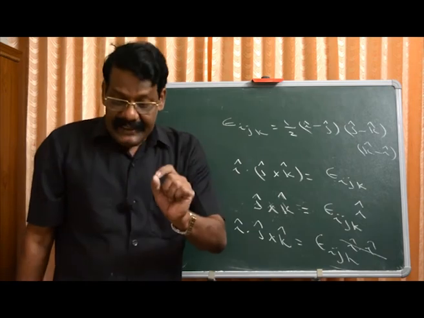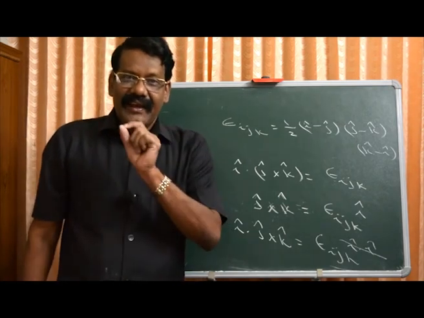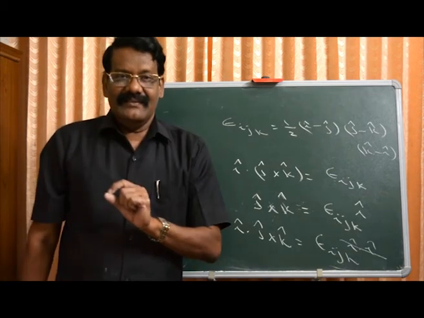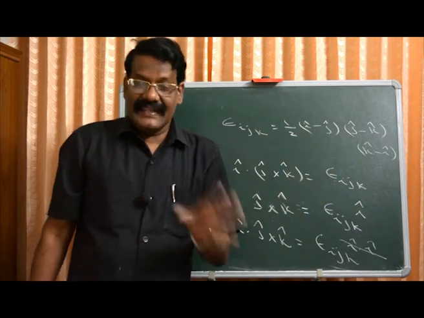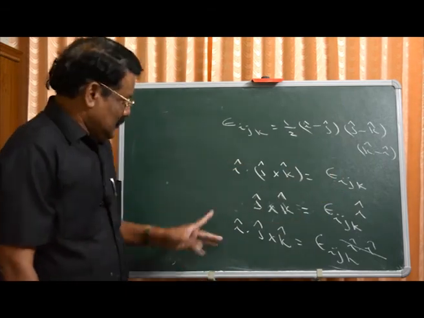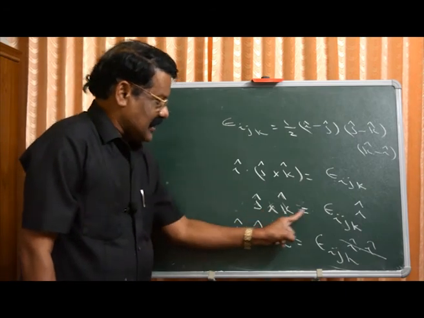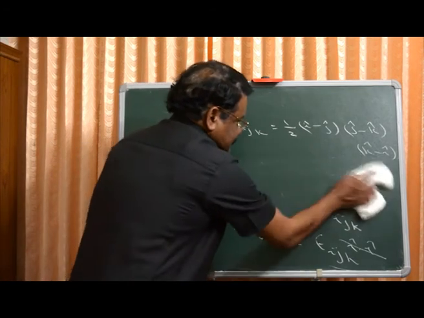So you should learn how to go from vector language to tensor language, which is more compact and simple. Tensor language is more compact and simple. Correct? For example, j cross k is epsilon ijk i. Similarly, I can write